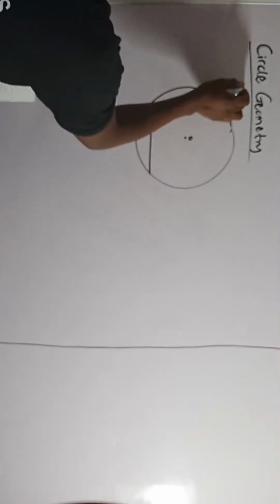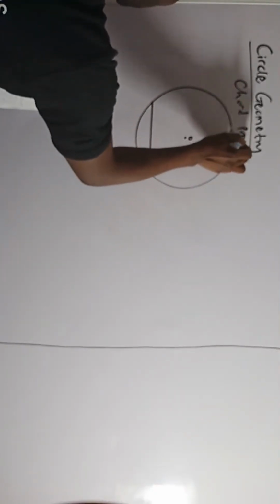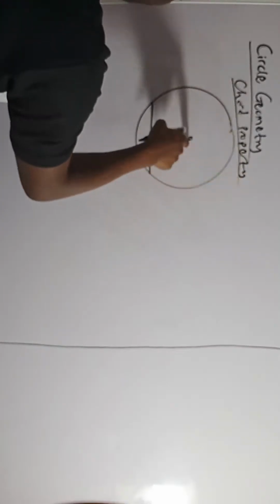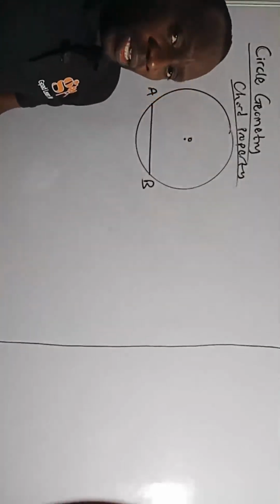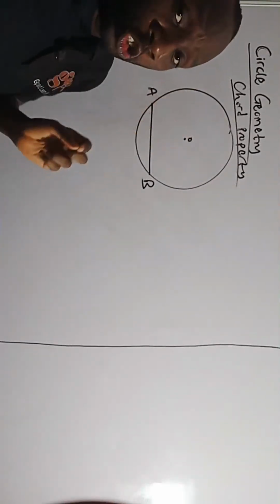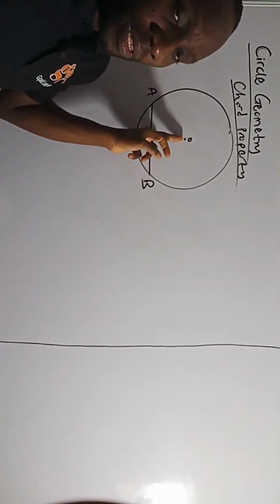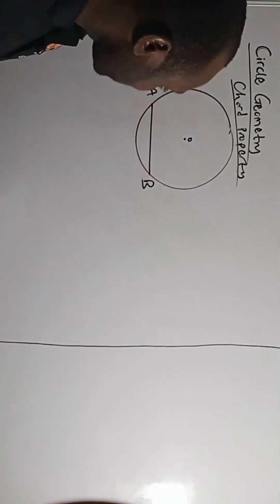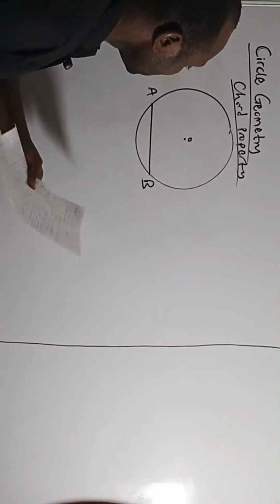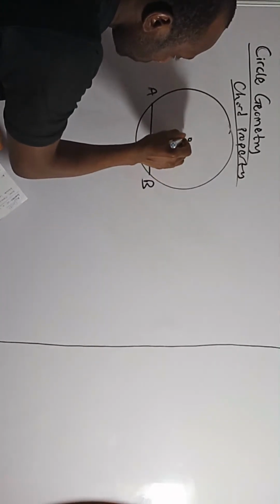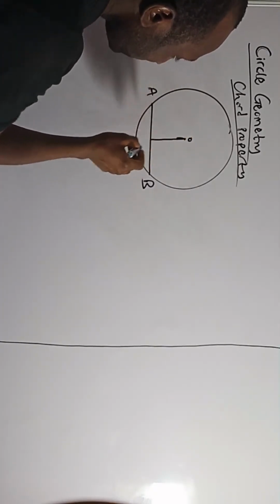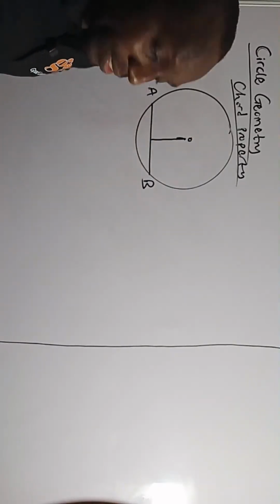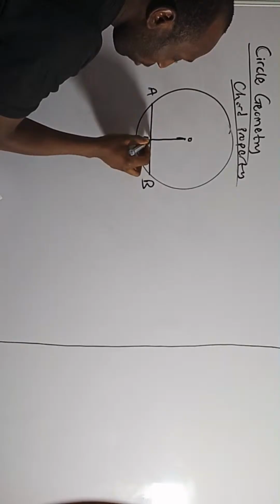Okay, so for a chord property, let me just write this chord property. As you can see now, this is a chord. Let me just call this AB. This is the chord. If you have a line drawn from the center of a circle, and that line divides this chord into two parts, let me draw a line from the center to the chord. If this line divides this chord into two parts, let's call this M. So if from M to B,